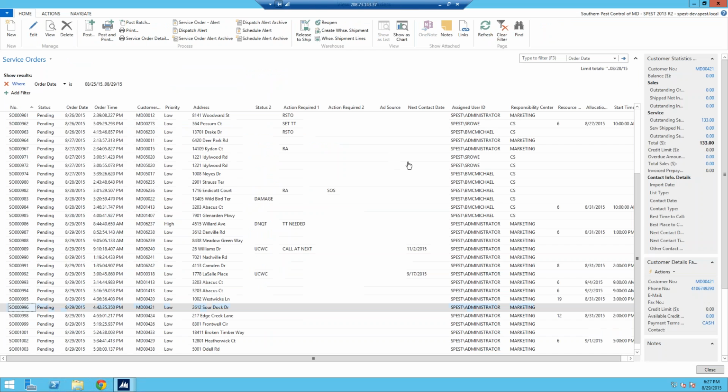So again, what we're trying to demonstrate here is you got all these fields here. Next contact date, I mean, you can review all of them on your own. But again, this is how we're going to pull up service orders and filter them so we can work them, especially with these action required fields. When there's something that needs to be done in the future, like reset an appointment, set a termite treatment, outside spray needed,